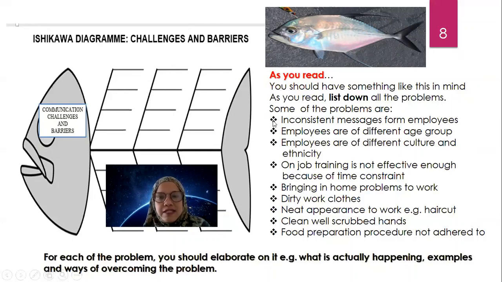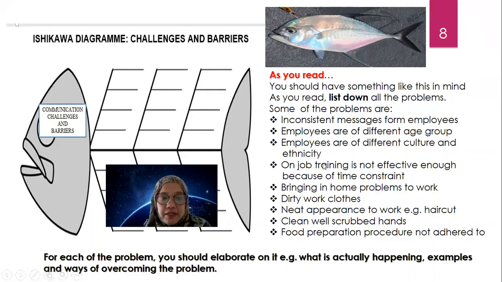Neat appearance to work, like a haircut. We need all employees to be clean, especially they should come with well-cleaned, scrubbed hands, okay? The food preparation procedure is not adhered to. Those are some of the problems